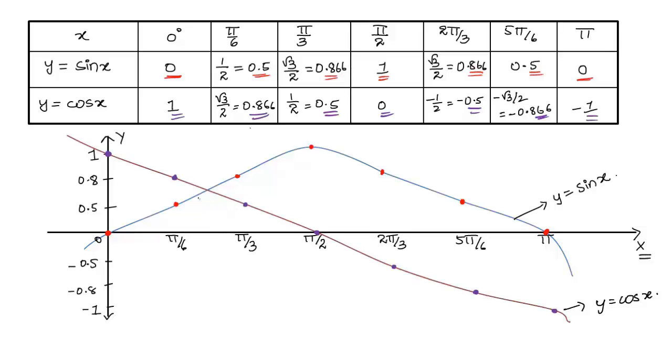So as per the given example, we have to sketch the region enclosed by y equal to sin x, y equal to cos x, and the x-axis in the interval 0 to pi. So here this is the region which is enclosed by y equal to sin x, y equal to cos x, and the x-axis. Hope you understood the concept.